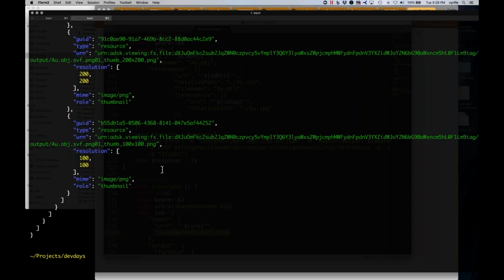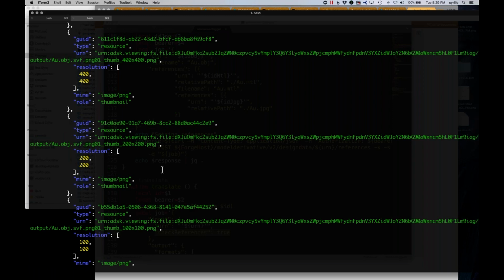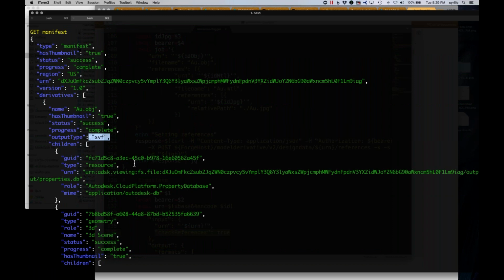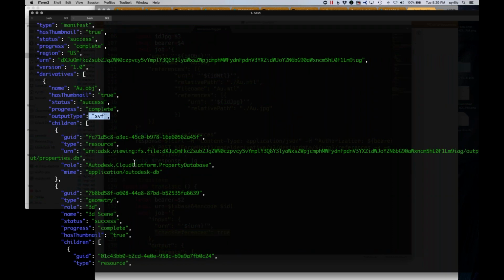again, if I decode that, I'll see it's an OBJ file. My file name is OBJ. I translate to SVF, and I get the geometry on everything I need. If I go here now,